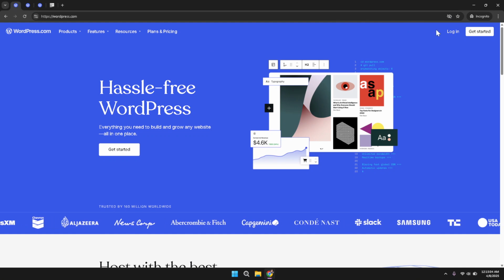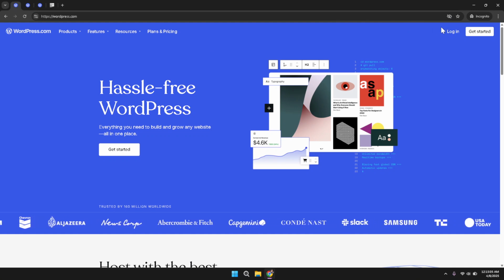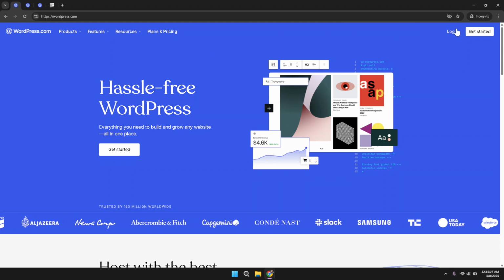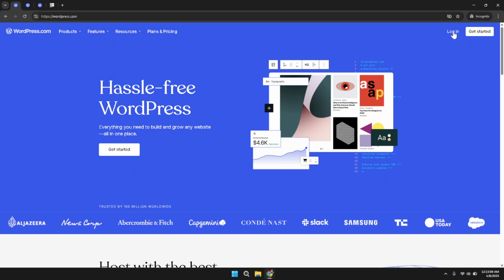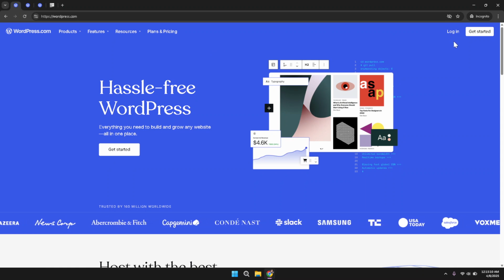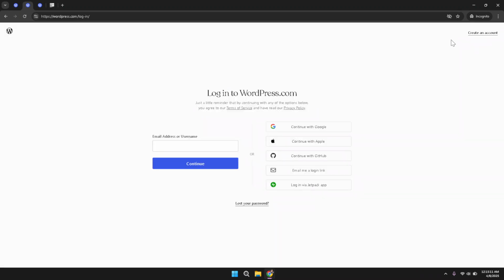When you have arrived at the home page, direct your attention to the top right corner of the screen. Here you will find the login option. Click on this login button to proceed to access your account. The login process is straightforward and secure. By entering the correct credentials or choosing an alternative login method, you will soon find yourself in the administrative area